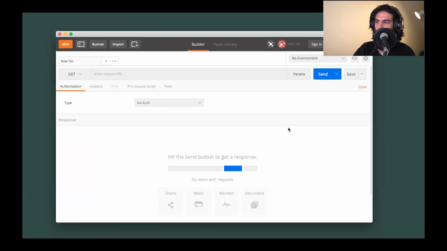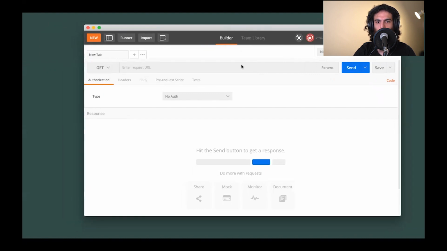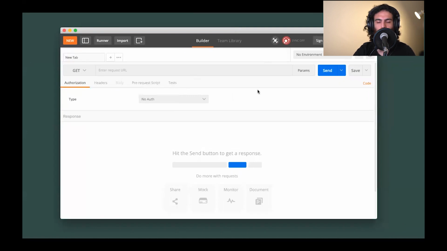Knowing how this tool works, knowing how HTTP methods work, is very important for 2 reasons. If you're someone who is considering learning how to code, learning to become a web developer, you will need to know about this tool. This is a professional tool. Professionals use this all the time for developing APIs and for testing their applications. And even if you don't want to be a web developer, you're just experimenting, this will help you learn a lot more about how applications work